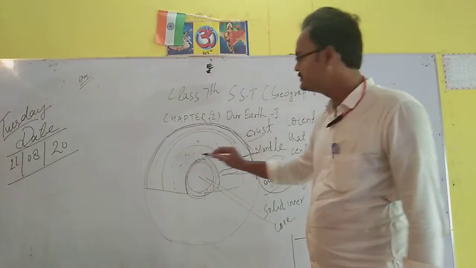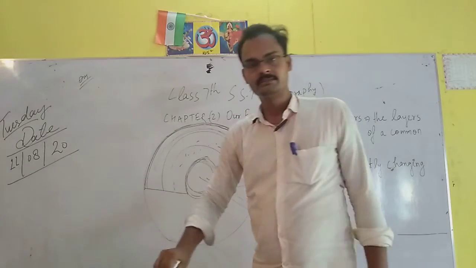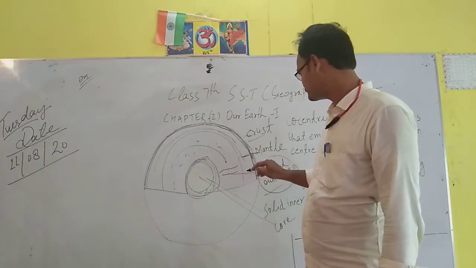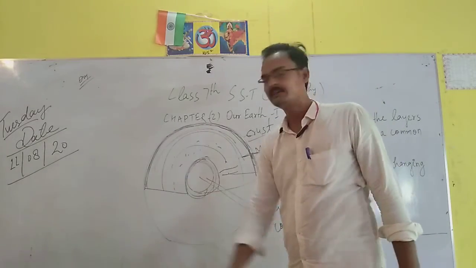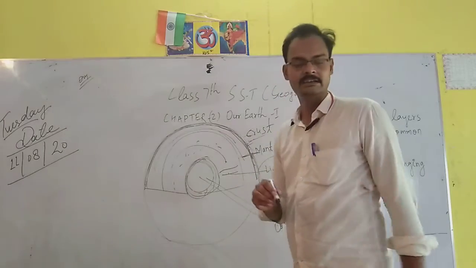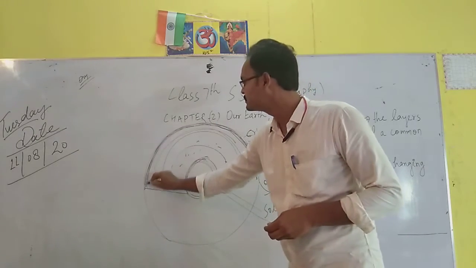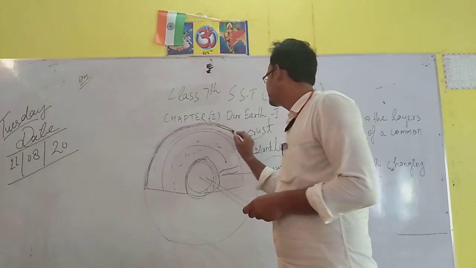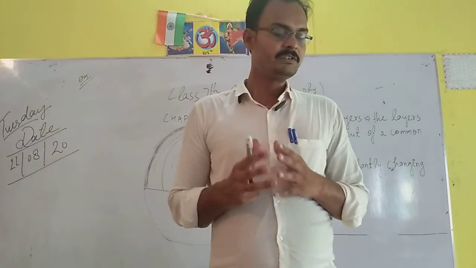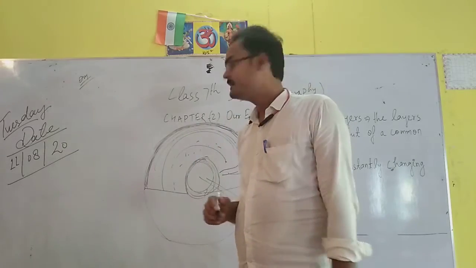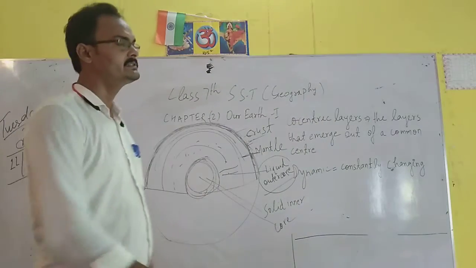So students, as you see on your board, I have colored this region of the Earth, and this is the thinnest layer of the Earth, the crust. In the crust, we also call the outer topmost part of the soil of the Earth the lithosphere, which is divided into oceanic crust and continental crust. It is divided into 2 parts. First is oceanic crust and second is continental crust.